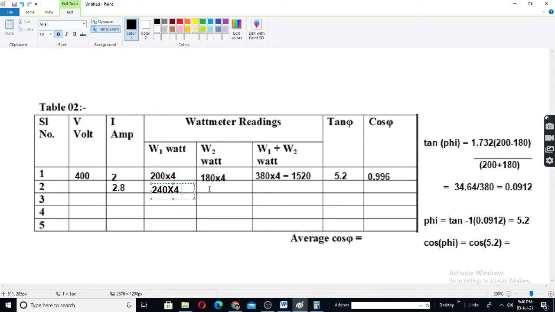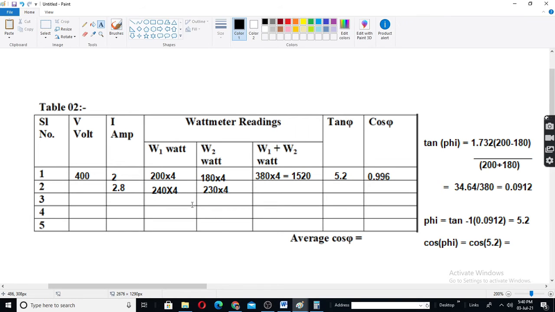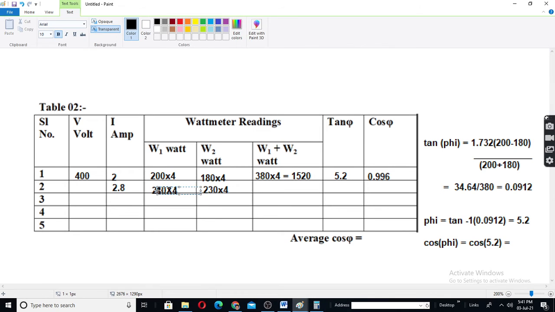Then here also you will get around 240 only. Say 245, 230, let us write 230 into 4. Into 4 we will explain later. See here 40 boost, 40 into 4 is 160. 30 into 4 is 120. Sorry, so it will actually not be 240. It will be a little bit more.